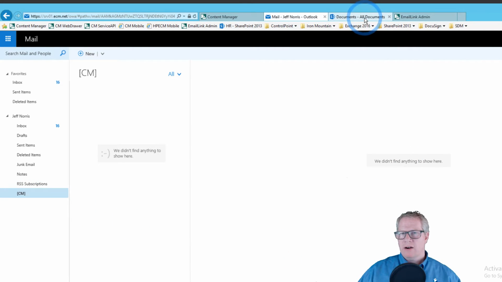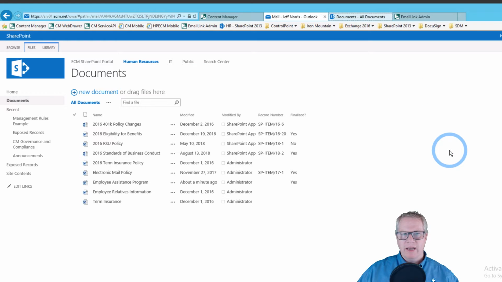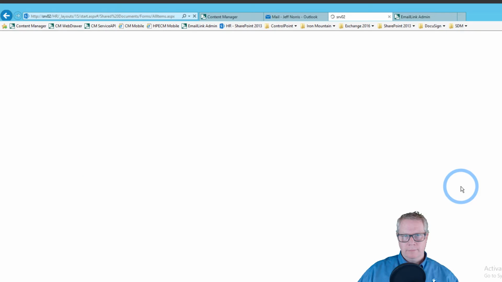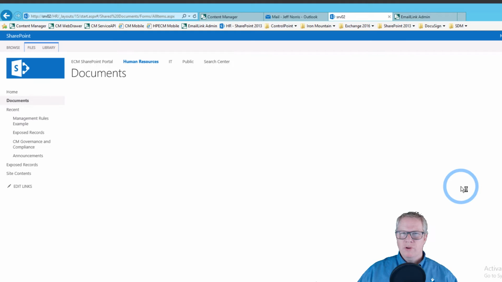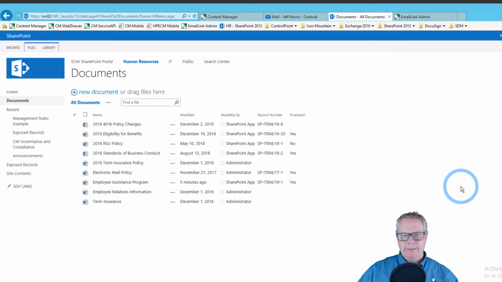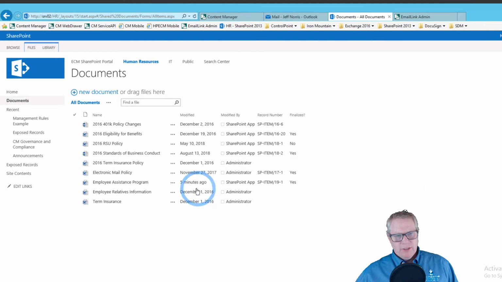Let's go take a look at our SharePoint site before we get too far ahead, and see if that lifetime management policy has kicked in yet. I think they were set to run at a reasonably fast interval. And sure enough, they have. Great. Okay, so 5 minutes